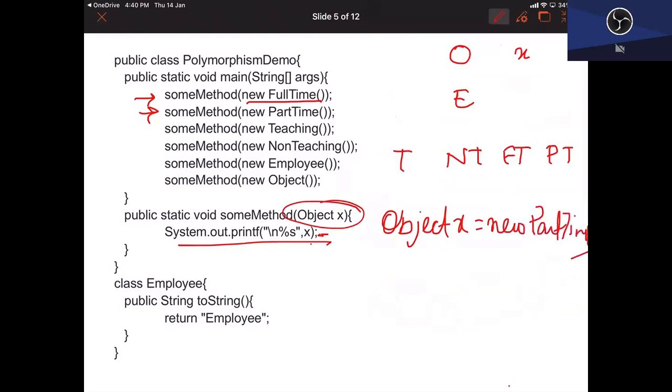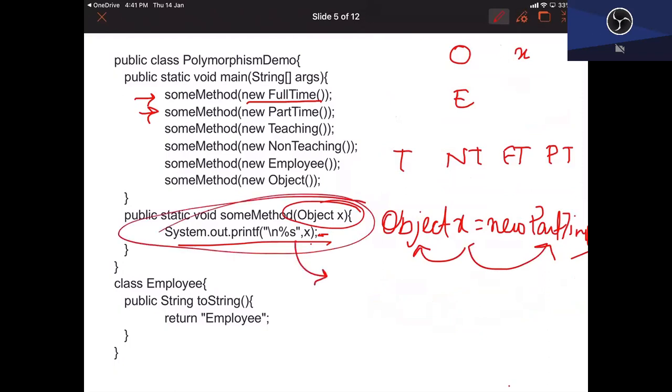So again, now X, its declared type is object, its reference type is part-time. So when this gets executed, when it tries to print, then the toString method of part-time gets executed. The same goes on for this. So output should be, first it will print full-time, then part-time, then teaching, then non-teaching, then print employee, and then